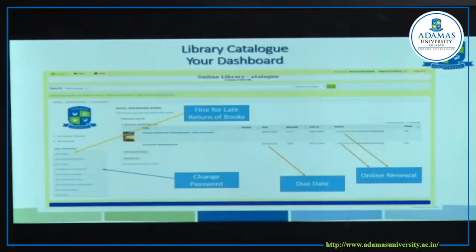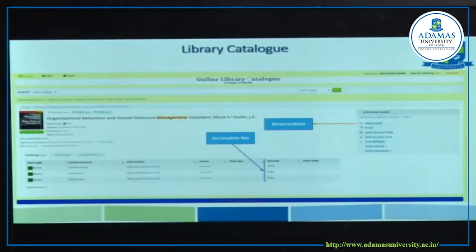Okay, if you see the resource, if you click the catalog, you will see the barcode. This is the unique number assigned to each book. This is the book details, the cover of that particular book. So here you can place a hold. Suppose I have 3 copies of this particular book, and all are issued. What you can do is reserve the book, so whenever it comes back, you can get the book.